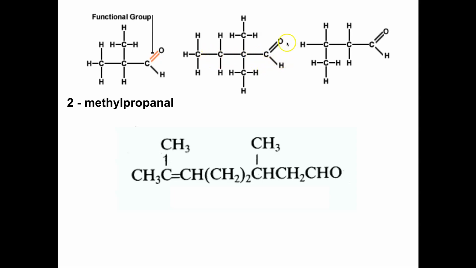Take the E away, add al: butanal. On the second carbon, you have what? Two methyl groups. 2,2-dimethylbutanal. Okay, and this one,